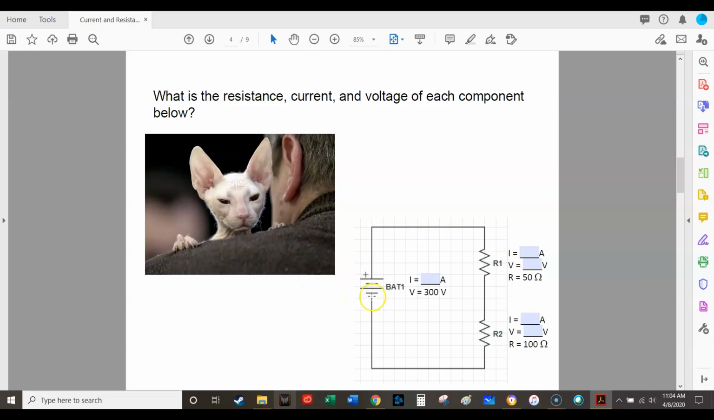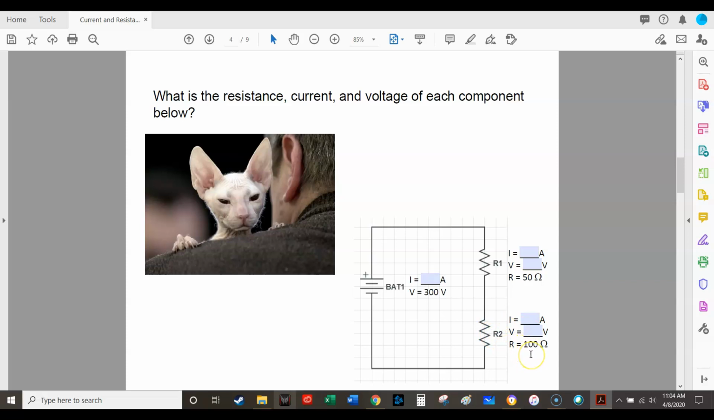We have a battery right here that has a voltage of 300 volts. We don't know the current being produced. We have a resistor here that is 50 ohms. We don't know the current and voltage being consumed by this resistor. We don't know the current going through R2 or the voltage being consumed by R2, but we do know the